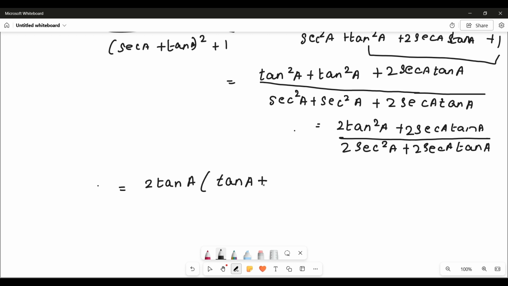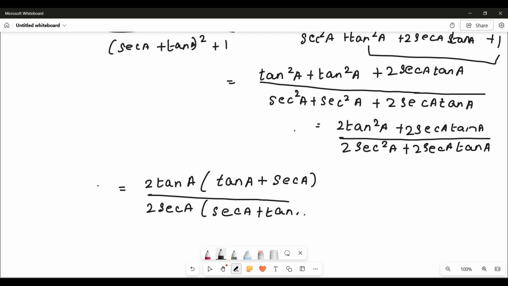In the denominator, I'll take 2 secant A outside, and I get secant A plus tan A. So the secant A plus tan A in the numerator and denominator gets cancelled, and the 2 and 2 get cancelled. So you have tan A over secant A,